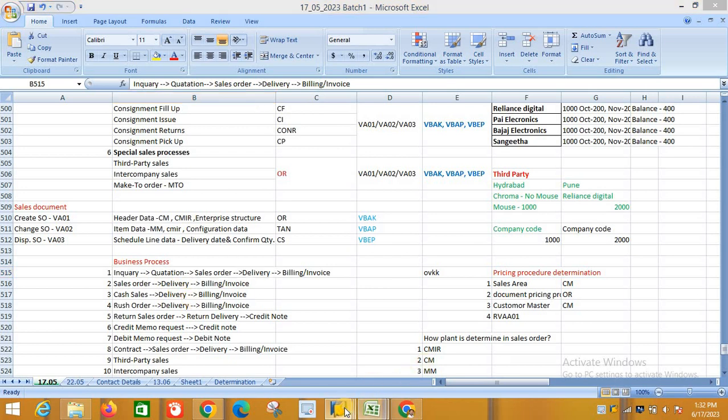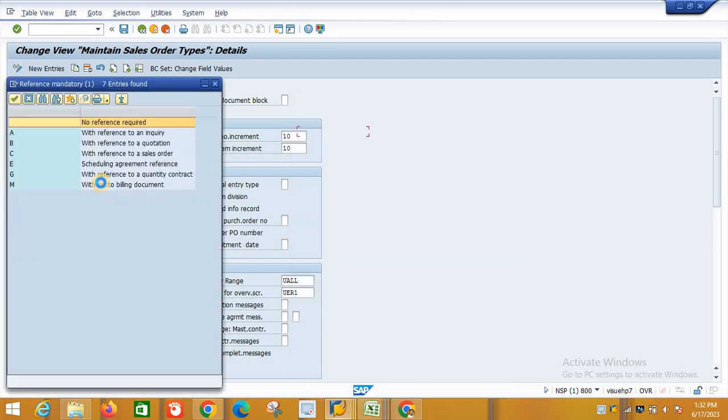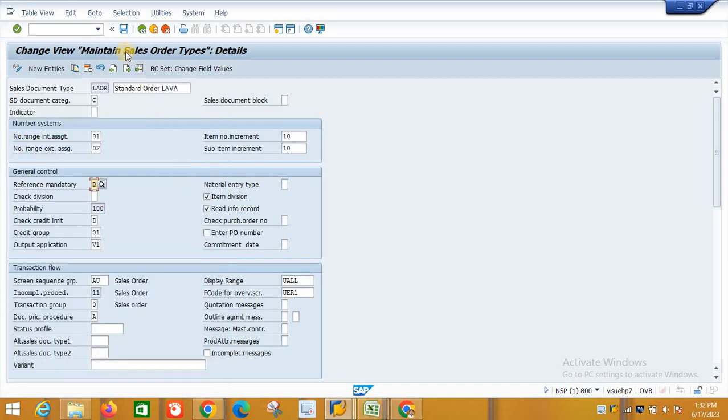So while creating a sales document, if we make it mandatory, there should be a reference to create that particular sales document. Let's say here no reference mandatory is required, with reference to inquiry, and with reference to the quotation I will put the quotation, because it's my sales order.